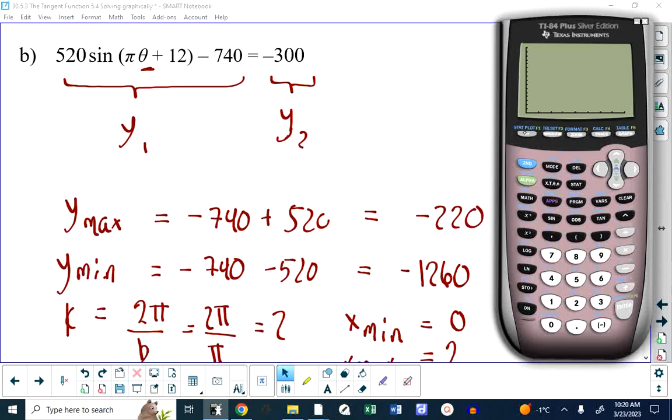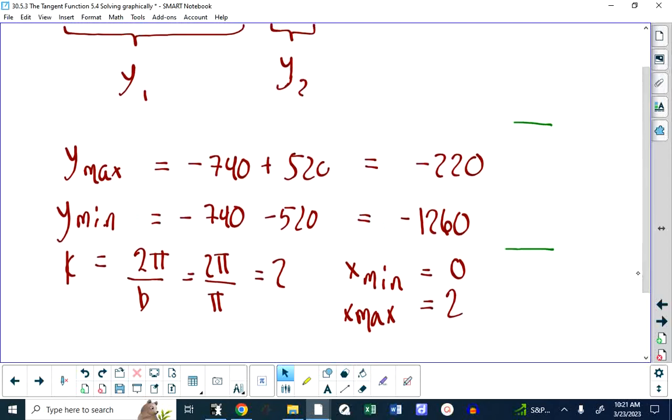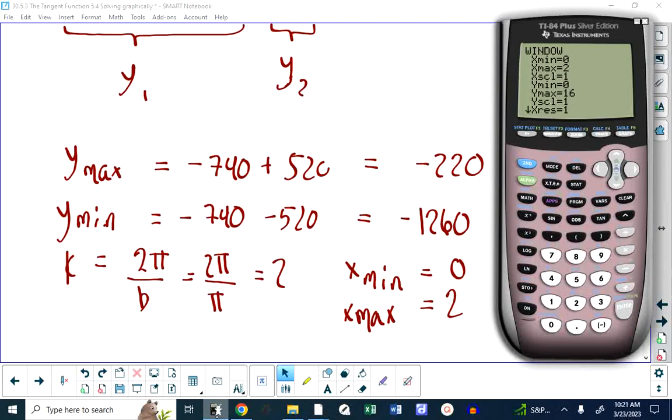Did I not enter? Oh, I didn't change my window settings, right. 0 to 2. And what did I say? Negative 11, negative 1240 or something? It's negative 1260. Okay. Oh, negative 1260, but I want some cushion room. I'm going to go negative 1300 rather, to, I don't know, negative 150